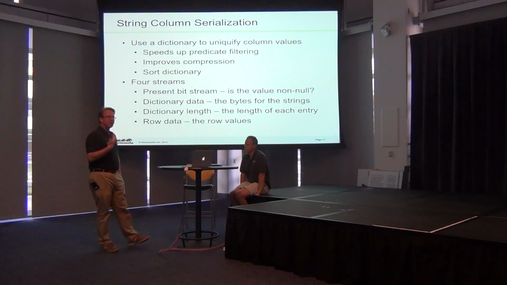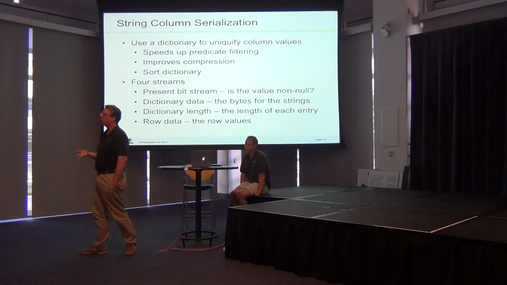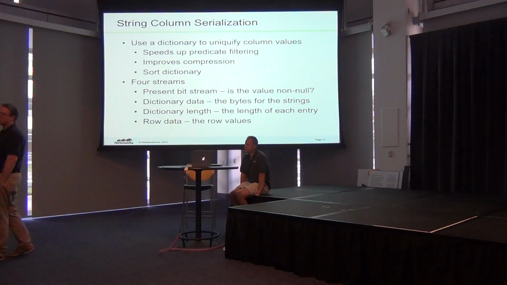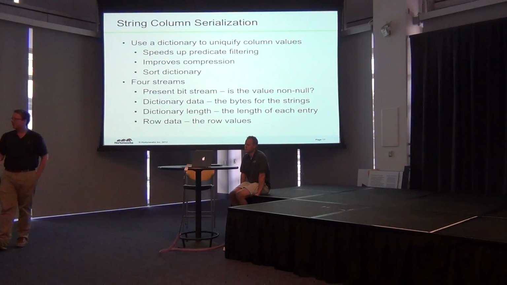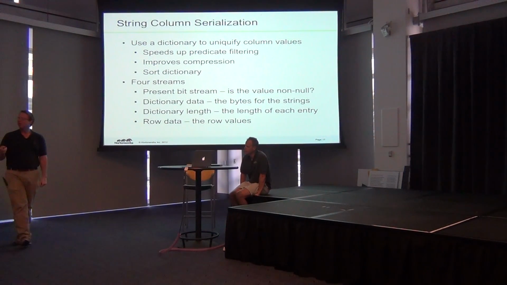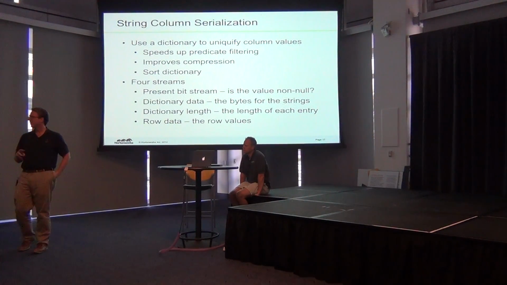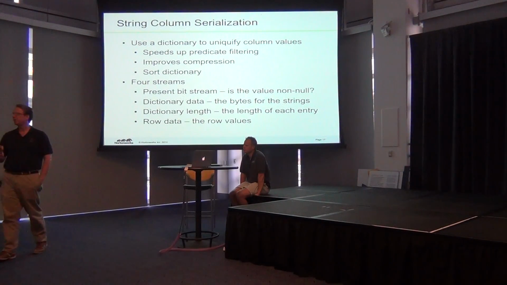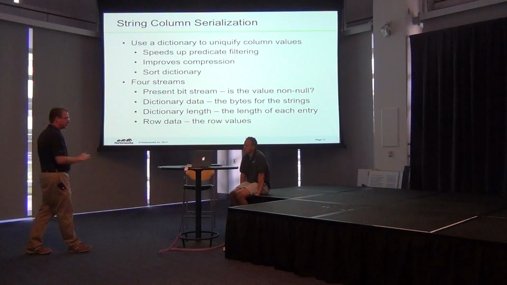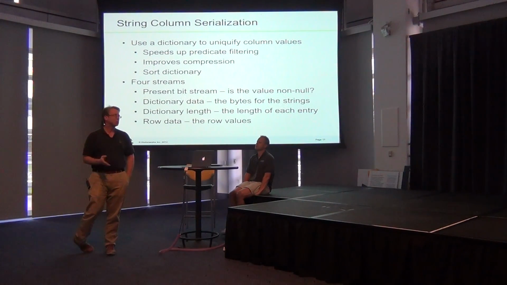Now, of course, you don't always have a low cardinality string column. And so the guys at Facebook just put in a nice feature where it looks at the first 10,000 or 100,000 values of that column and decides whether to do a direct encoding or a dictionary encoding based on how much duplication there is. That means that you can let it choose for you, and it'll use dictionary encoding or direct encoding depending on which one's better.